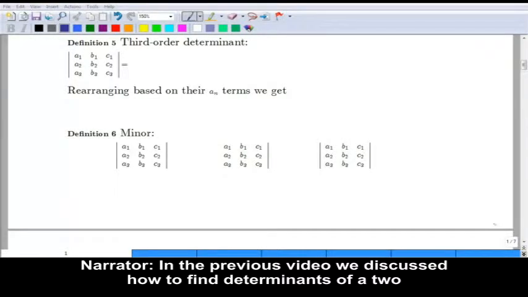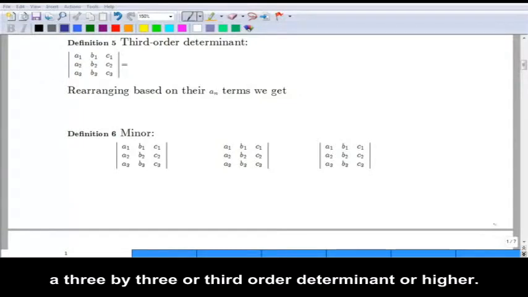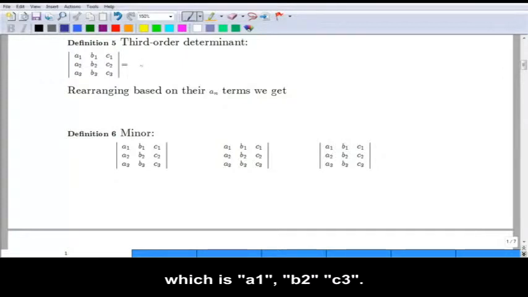In the previous video, we discussed how to find determinants of a 2 by 2 array or a second order array. In this video, we are going to discuss a 3 by 3 or third order determinant or higher. Now, to find a third order determinant, we can list out the formula, which is A1,